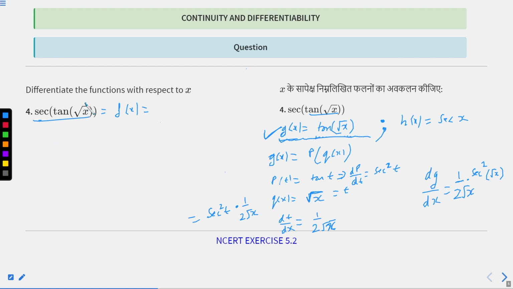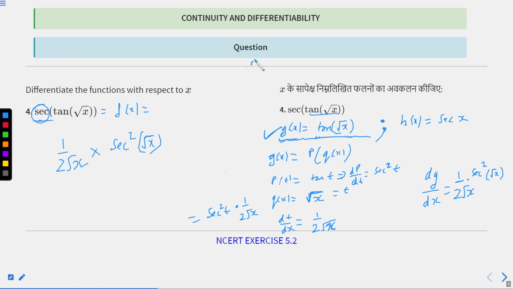Okay, so find the derivative of this, which is 1 by 2 root 2. That's it. Now multiply. Now find the derivative of this, tan x. You have to find the derivative of tan. What is it? Sec square. Write whatever is inside. Now find the derivative of sec. You know the derivative of sec is quite simple: sec x tan x.